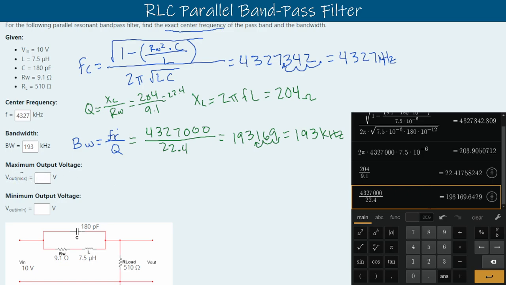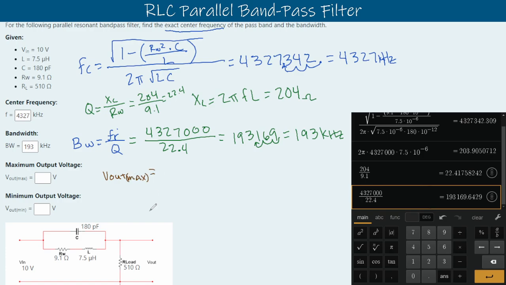Now they want our output maximum for our voltage and our minimum voltage. So let's do that next. We'll change our color one more time. So with this one, we want to go after our maximum output first. We'll calculate that out. That's just basically our voltage divider equation again. And so we'll take our load into account with this one. So let's do V out max